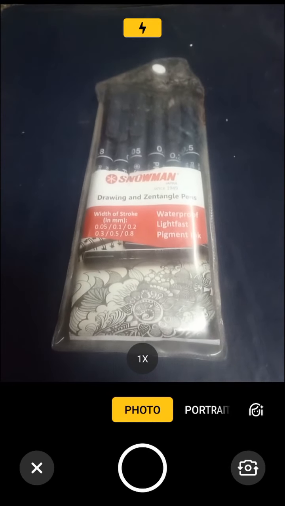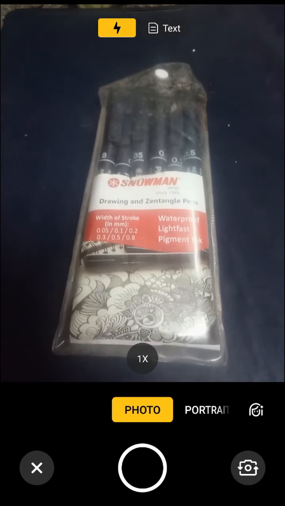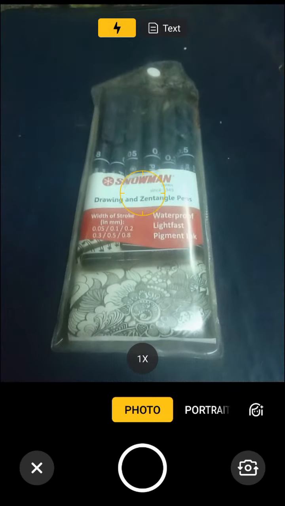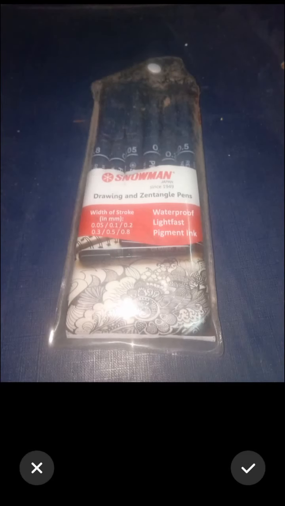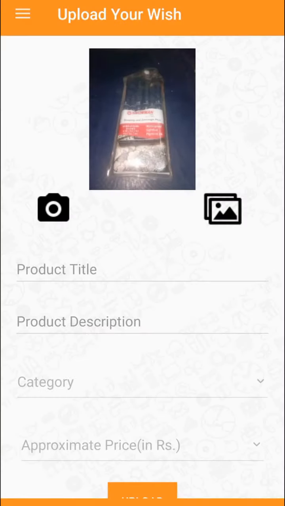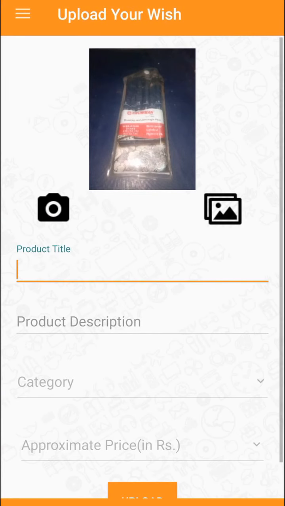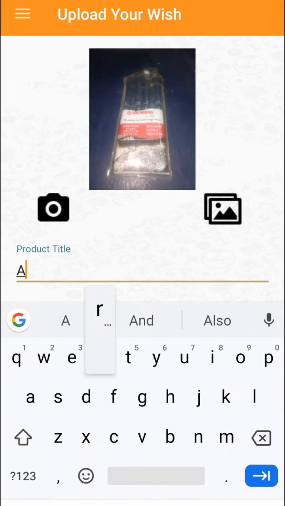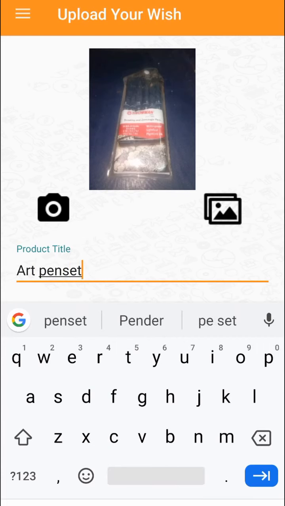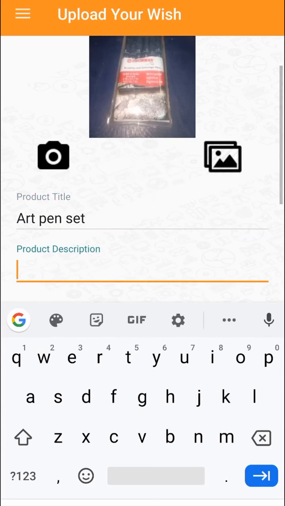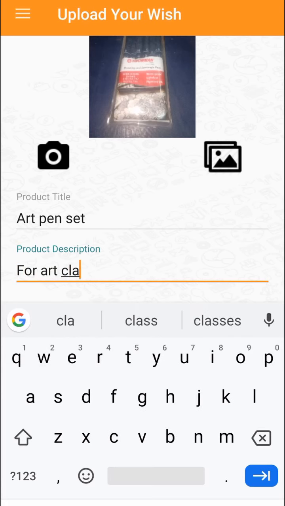So let's click this photograph and then press on the tick, and enter the title. Also the description. Add the quantity as well.